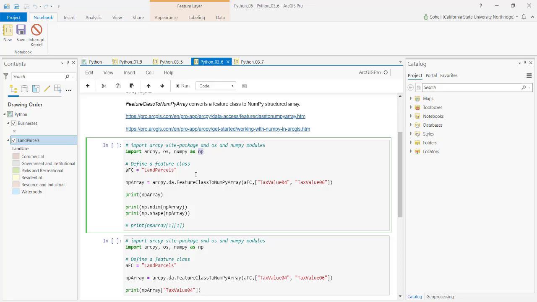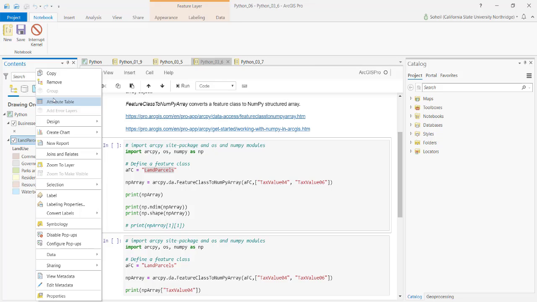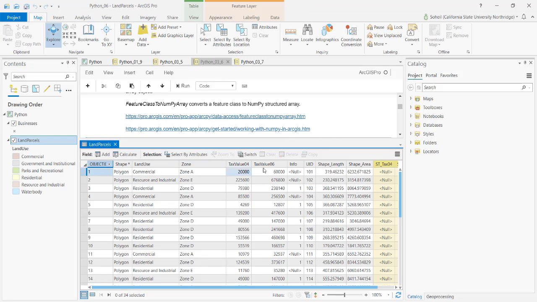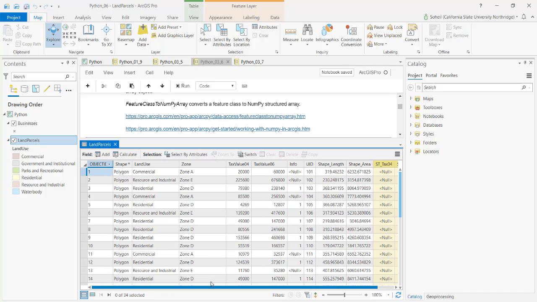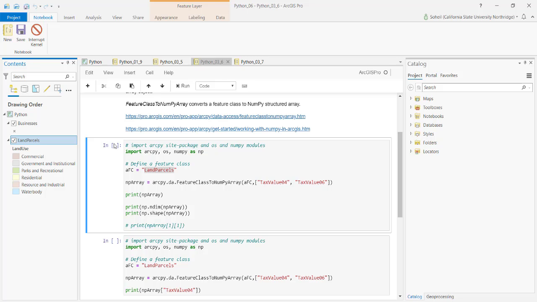Now look at this scenario. I would call ArcPy to look for my land parcels. Here are my land parcels. I have a feature layer here with all these fields and values. And of course, I have two empty fields in this case as well. I have values of 2004 and 2006. So I have tax values of 2004 and 2006, and I would like to create a